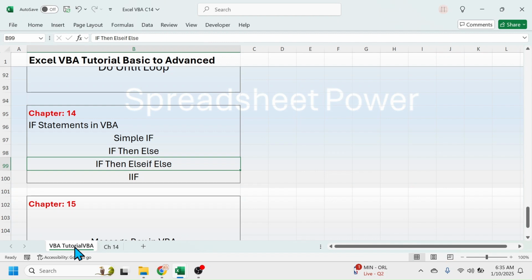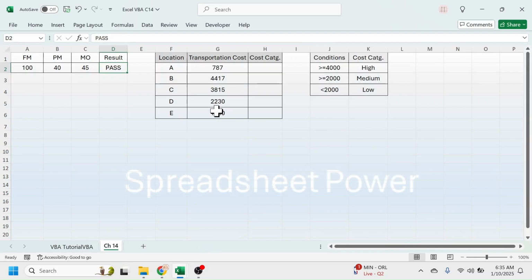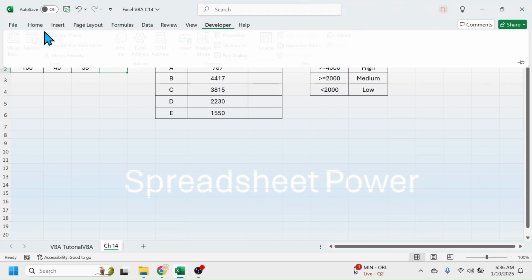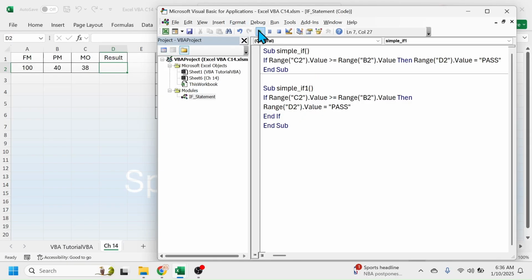Let's look into another type of if statement, that is if then else. Go to this chapter 14 sheet again. Now here let me change this number to 38 and delete this result from here. Go to Visual Basic, then run the code again. In this case no result is given here. So to display here another result if this condition is not true, then we have to use if then else